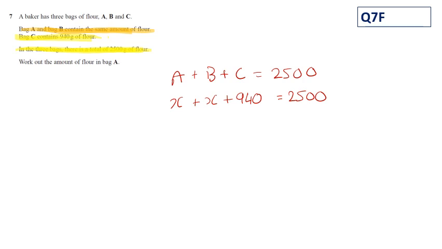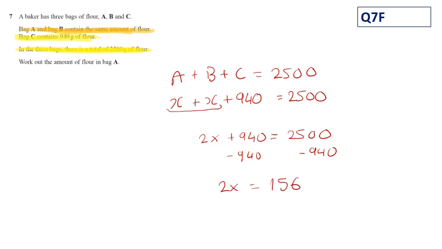Here I've created an equation which I can solve. I'm going to start by collecting like terms here. So X plus X is 2X plus 940 equals 2,500. I'm going to take 940 from both sides to start solving it. So that leaves me with 2X equals 1,560. And now I'm going to divide both sides by 2 to give me X is equal to